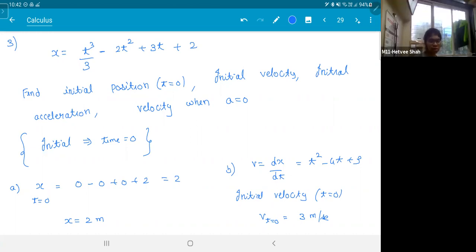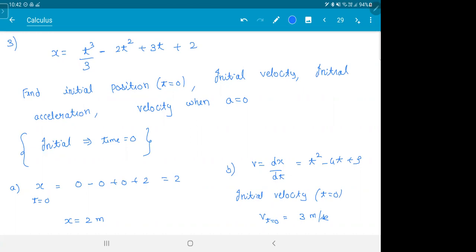See, I'll tell you one difference. What is the difference between average velocity and velocity? Imagine you are going from Mulund to Ghatampur. Let's say it is like 20 kilometers. When you start from your home, once you're near the signal, you stop for some time. So let's say you have a delivery boy, and you're sending him from Mulund to Ghatampur every day. Just think of it like this.